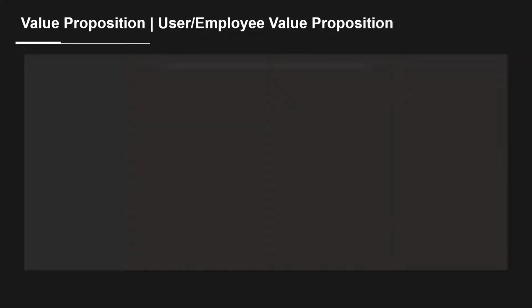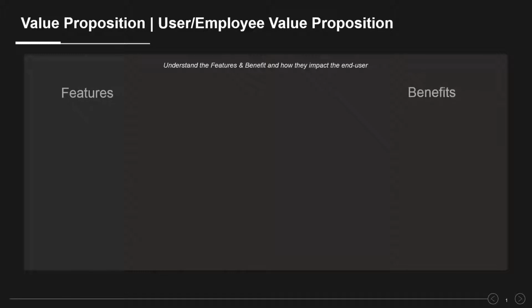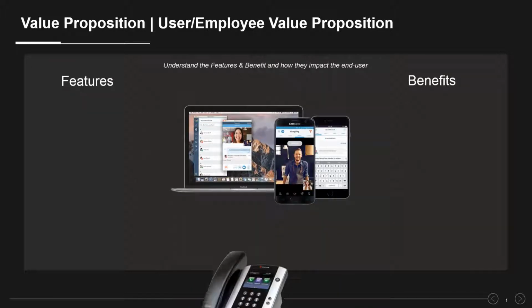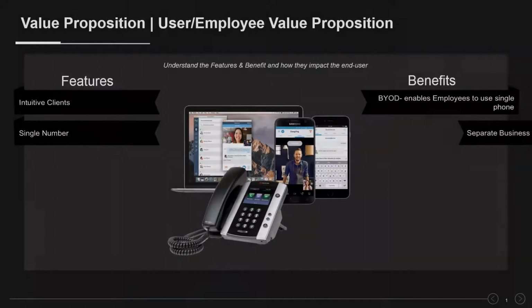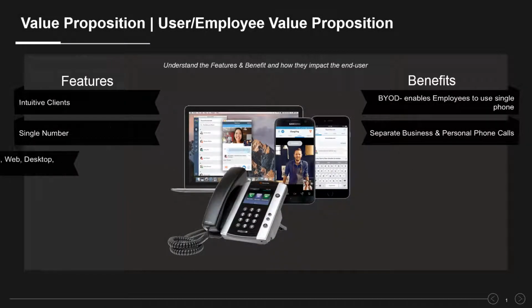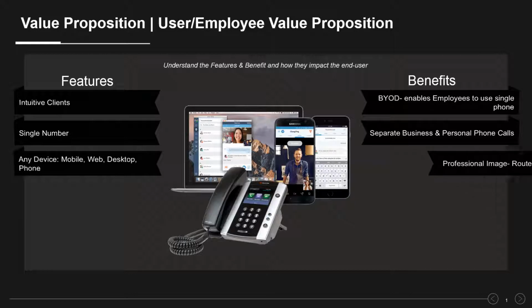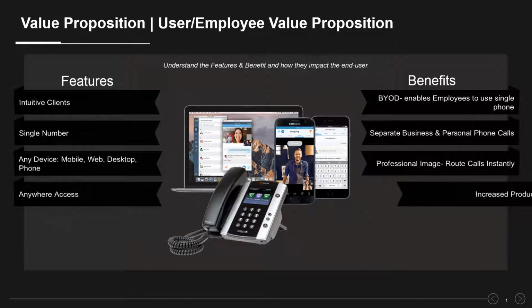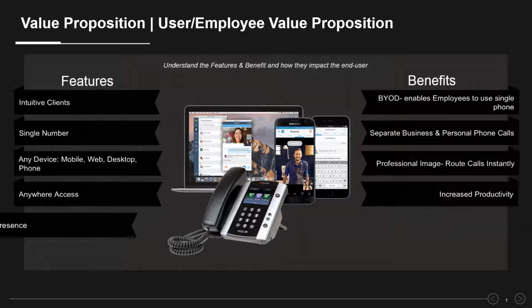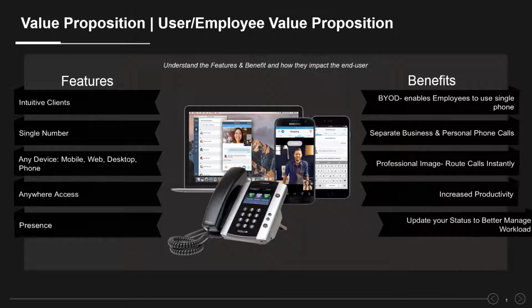Employees will also enjoy a variety of benefits and features that can improve their workday and their productivity. Things such as intuitive clients that are accessible on smartphones, on the web, or on their desktop client, so that they can use one device for all personal and business calls. UC enables a truly single number capability where staff can publish one number, which they can access through an app,